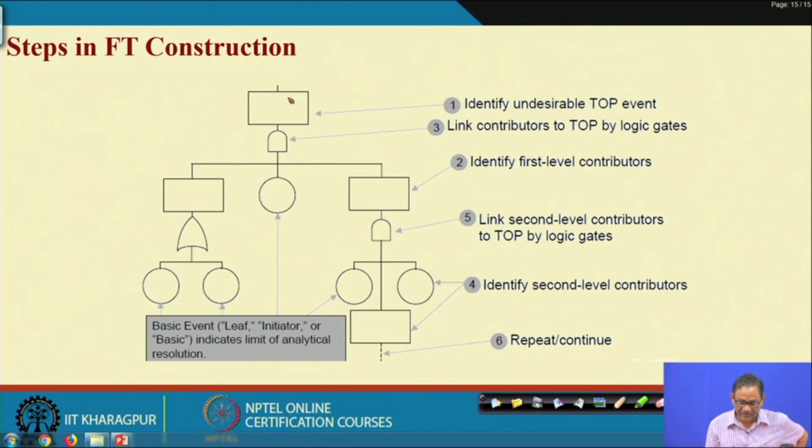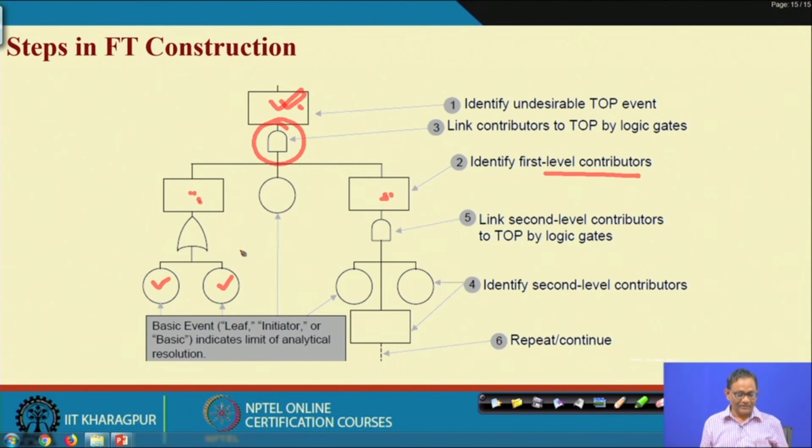So, this is the system level failure. Then these two you see, the first level contributors, are the immediate causes. Then the immediate causes are linked with the top or system level failure by some gate. As they are immediate causes, they may be subsystem level or component level. Then you need to find out the bottom level again. When you put circles, it is a component level failure. Circle means component level failure. So long as you are not putting circles, it is not complete.